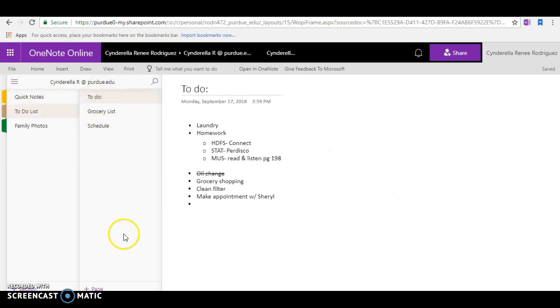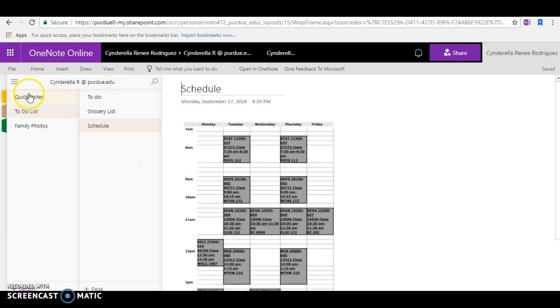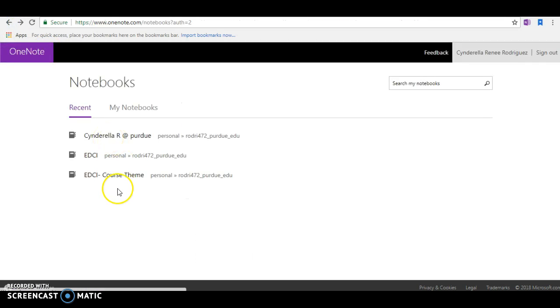And then under this section, I have 3 pages. And then I have different notes, and I inserted a picture. And here, if I go to my other notebooks, and this notebook,